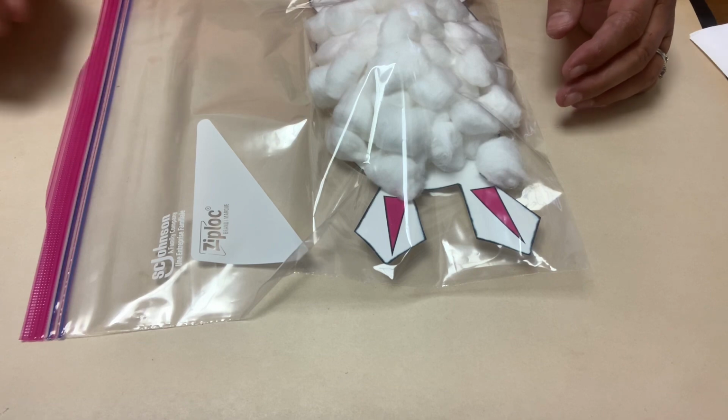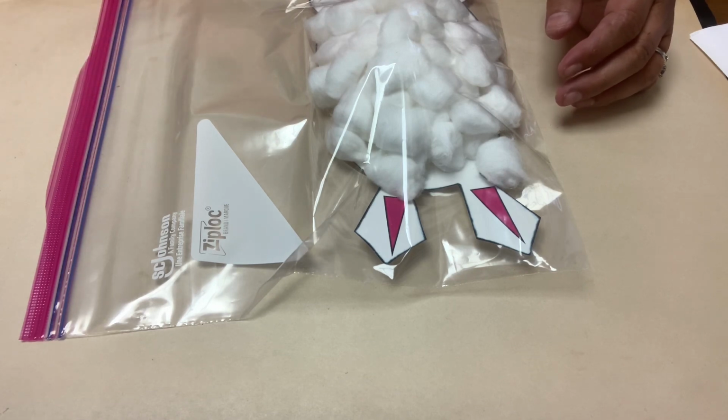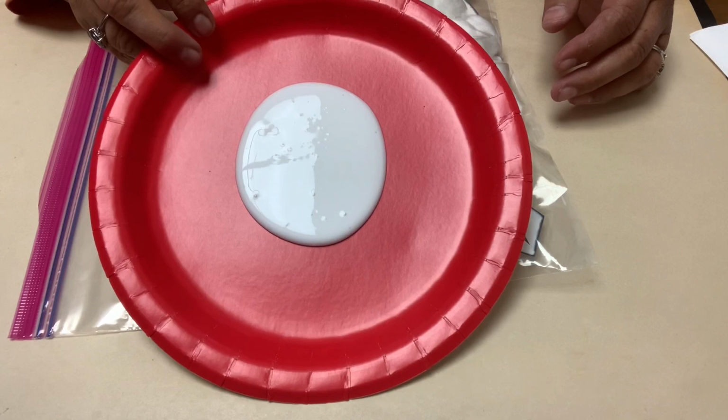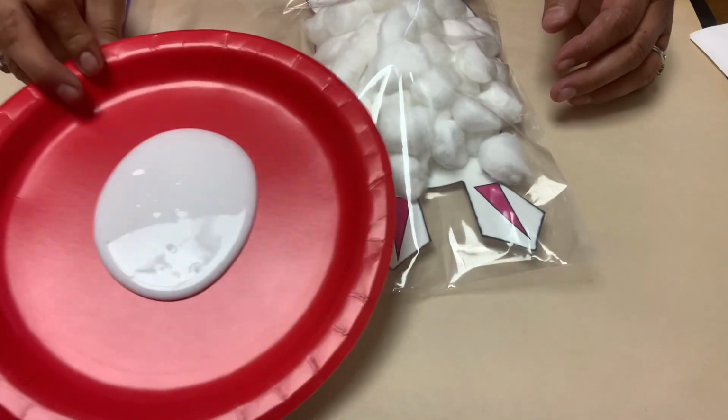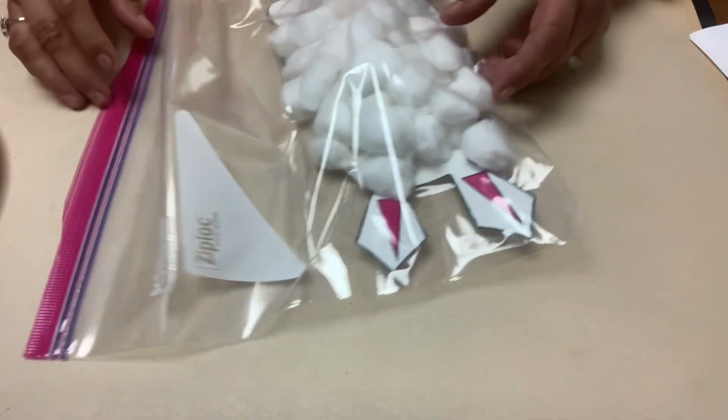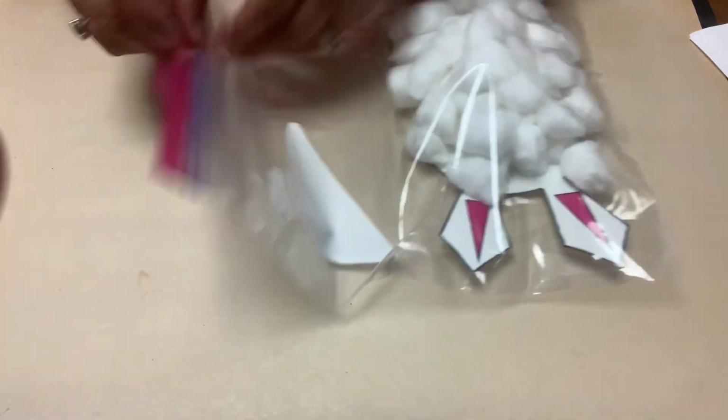We're going to make a cotton ball bunny. And what you'll need for this is some glue. I put glue on a plate. It's easier if it's on the plate because then you can just dip. And your cotton ball bunny kit includes